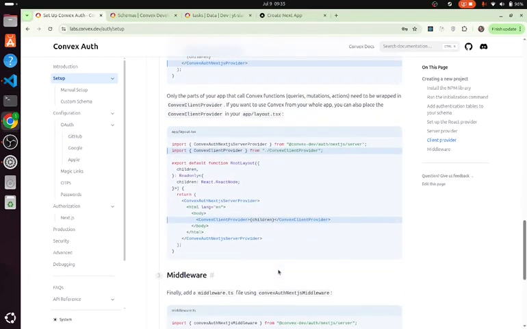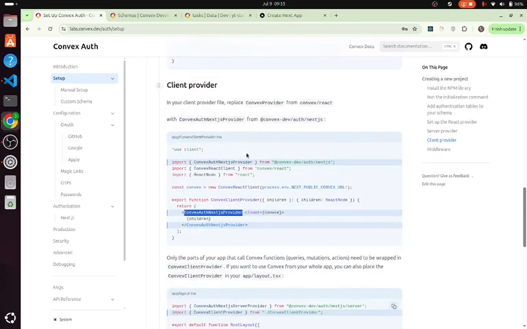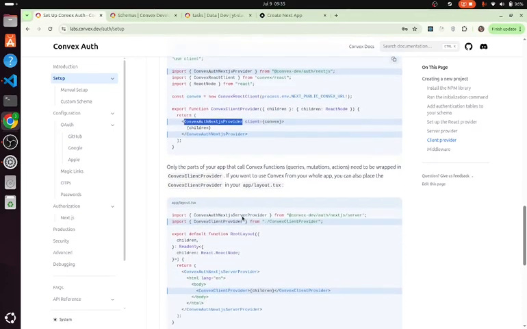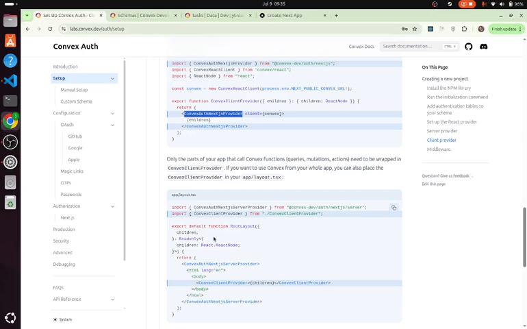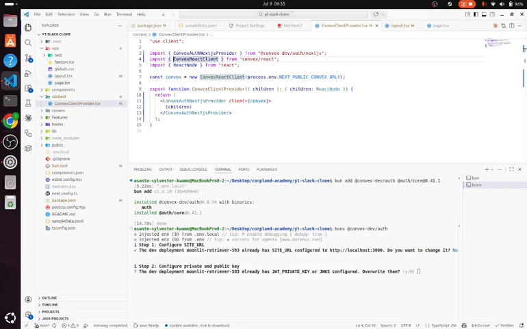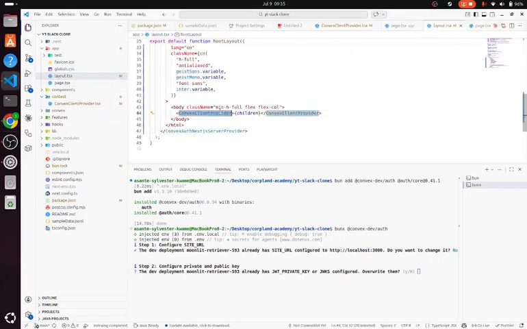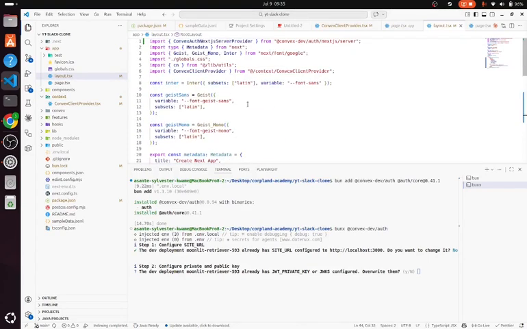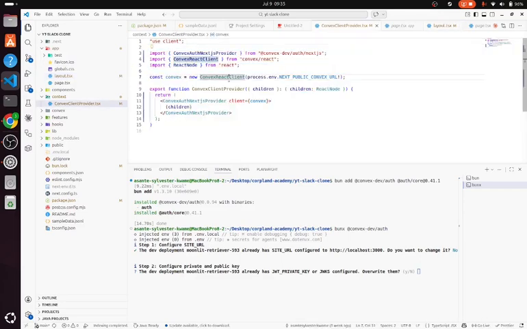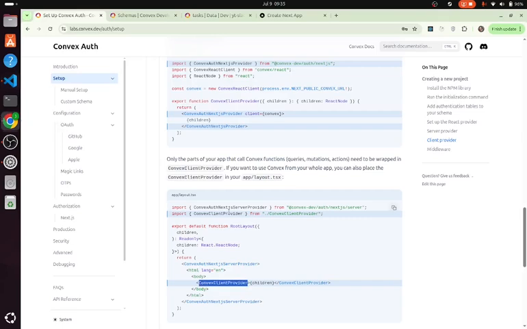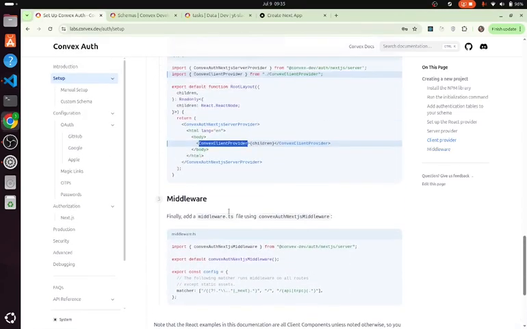Okay, so let us scroll down. After we have added it to the provider, we need to go back into the layout.tsx and add this right here. So let's go back to the layout.tsx, and you can see that we already have this right there. It's pretty much the same thing. There's no need for us to do it again, because we had already done it in here. Okay, cool. So now that we have that working out good for us,